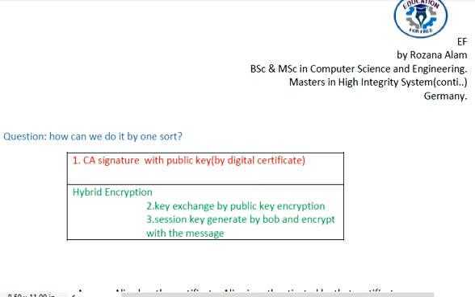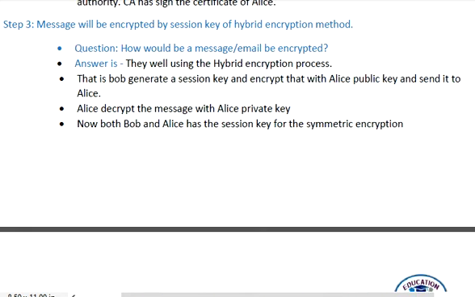So how can we do this in one shot? First, we have the certificate that contains the public key and the signature of the certificate authority, the digital certificate. And the second step is hybrid encryption, where we exchange the key by public key encryption, and the session key is generated by Bob and used to encrypt the message. So in this case,